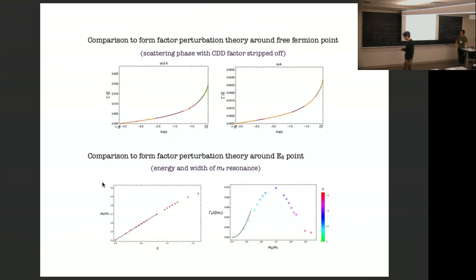Okay, I think this is the last slide. This just demonstrates that you can also compare this result with an actual very hard calculation from perturbation theory at leading order. I won't really explain what these are, but this is in the weakly coupled fermion phase for sufficiently large eta. And there's some data that kind of agrees with what we get here. And around eta equals 0, you can compare with form factor perturbation theory around this E8 integrable theory. That's actually quite hard because the form factors are very, very complicated.